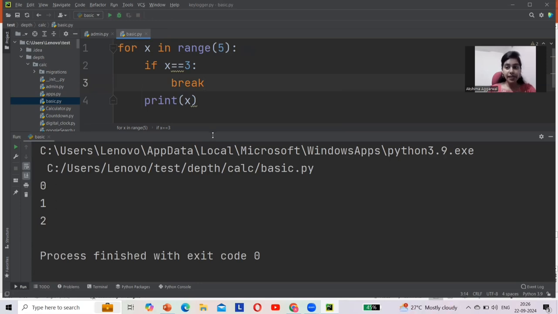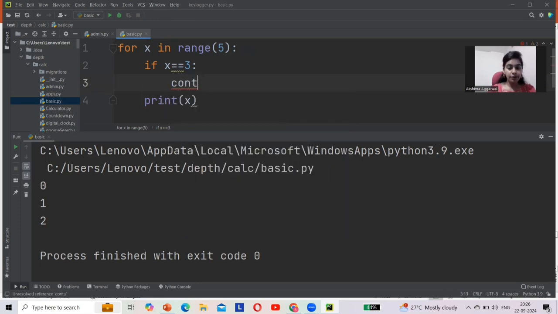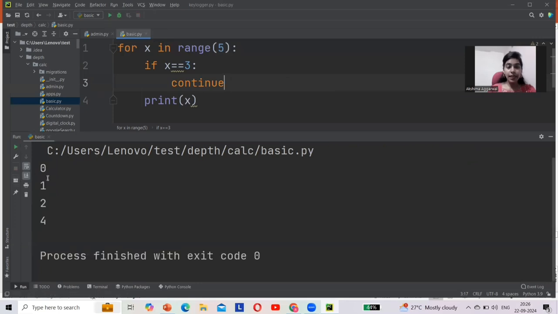Now instead of the break statement, I am going to write continue. Kindly see the difference. 0, 1, 2, 4, which means it skips that particular iteration and control transfers to the next iteration. I hope it is clear to all of you.